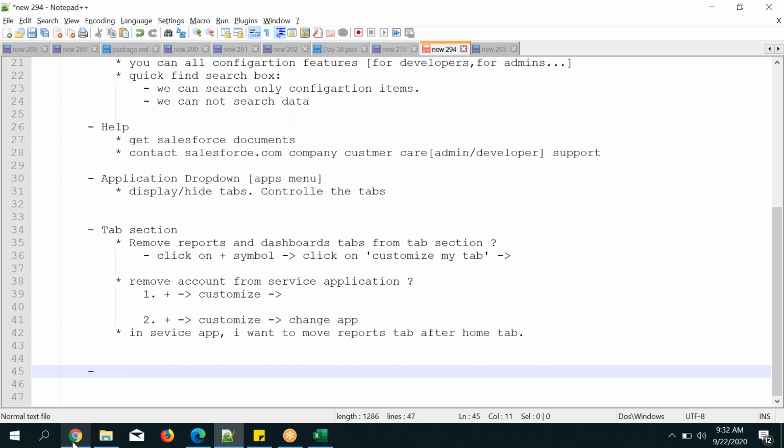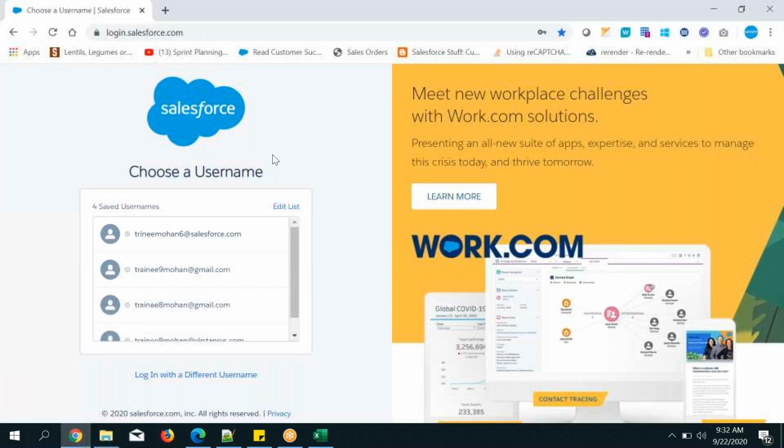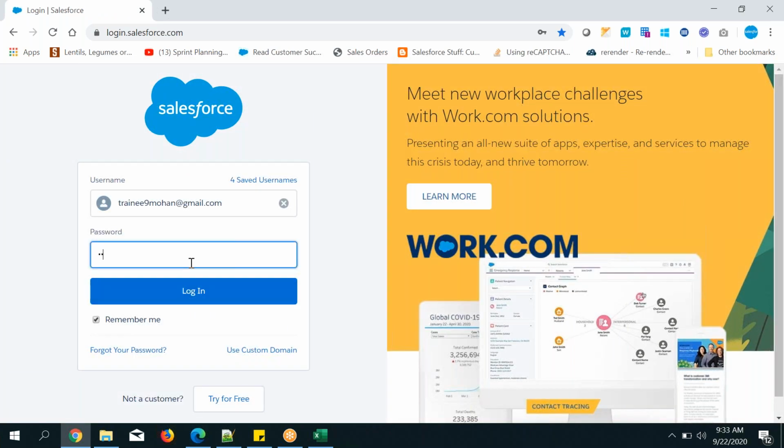Okay. So, generally how to log in, guys? Again, I'm telling again and again, right? login.salesforce.com is the URL for logging in. I hope yesterday so many people created Salesforce orgs, right? Everyone has created a Salesforce org. That's what I'm expecting from your end, guys. Next, give your username and password to log into your Salesforce org.